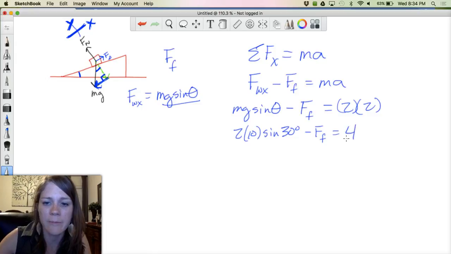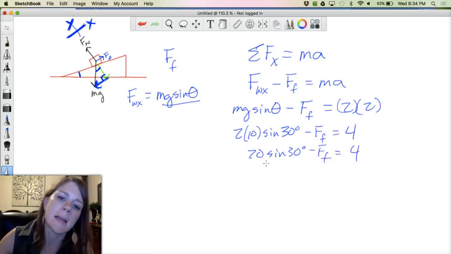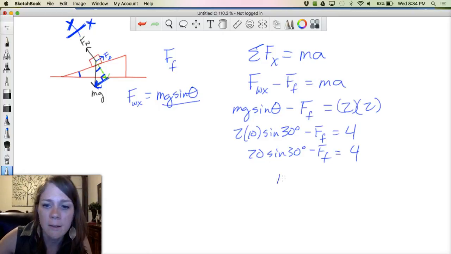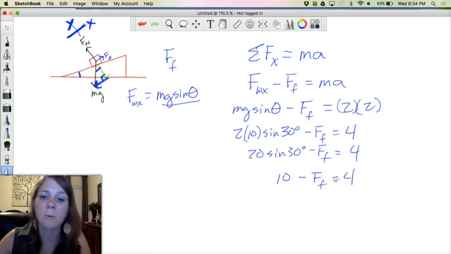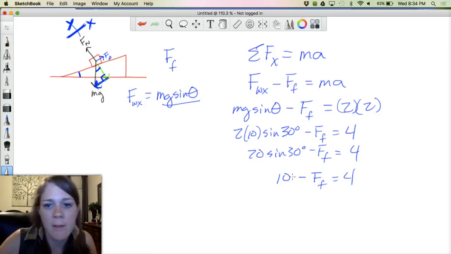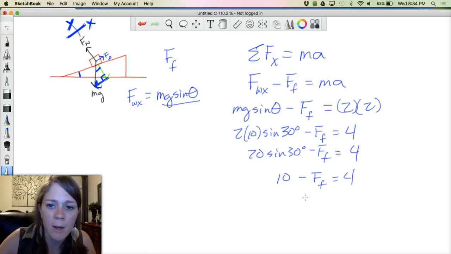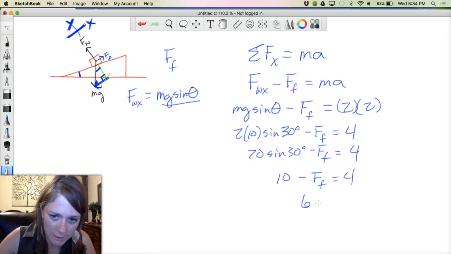We'll simplify that to 4. So 20 times sine of 30 degrees minus the frictional force equals 4. And 20 times the sine of 30 degrees is 10. So 10 minus the frictional force is equal to 4. By rearranging this, add FF to the other side and subtract the 4, I get the frictional force is equal to